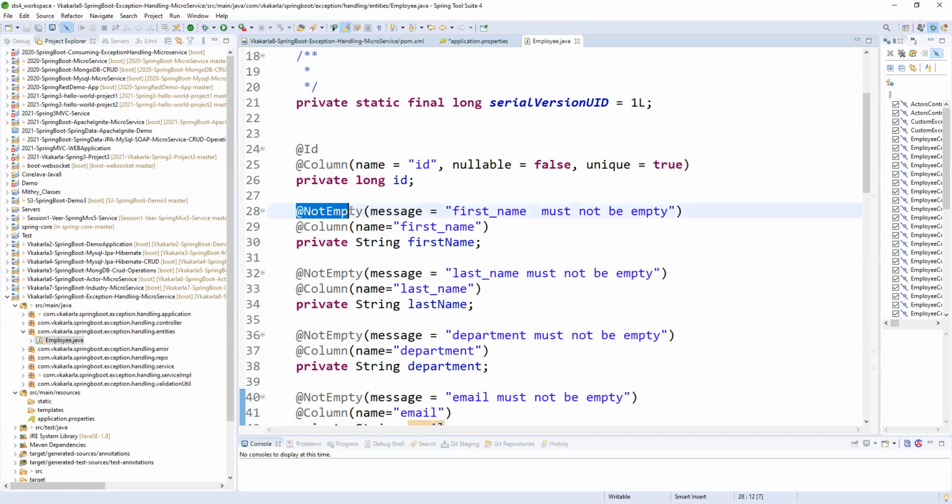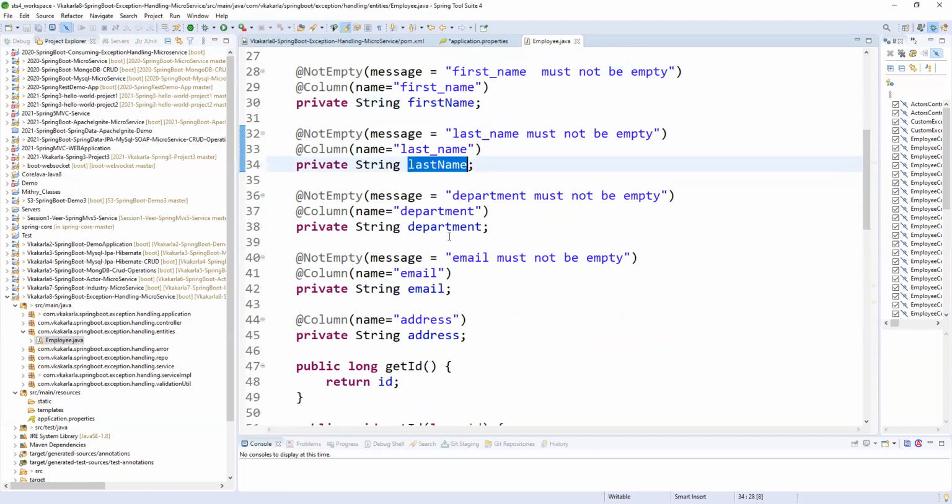Instead of a single field, I need to define the mandatory fields based on my requirement. For this requirement, first name is mandatory, last name is mandatory, department is mandatory, and email is mandatory. Address is not mandatory.